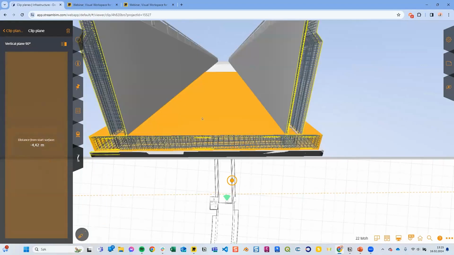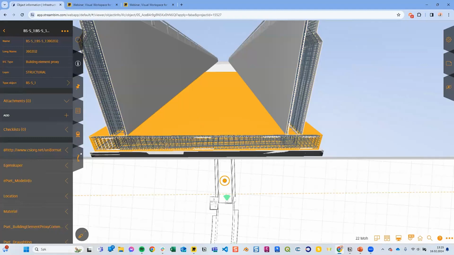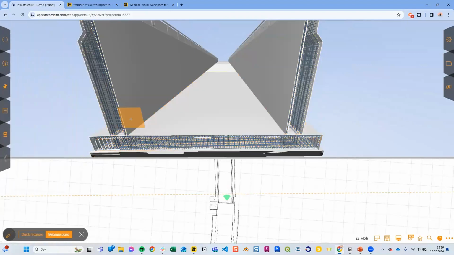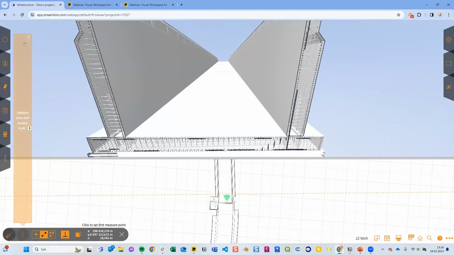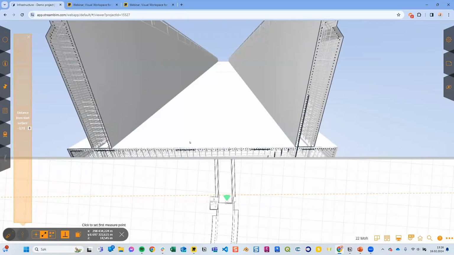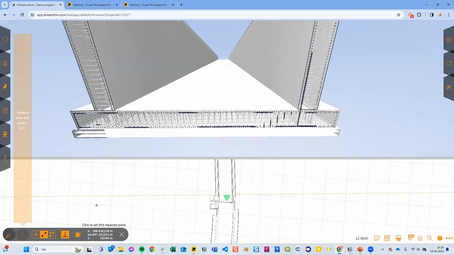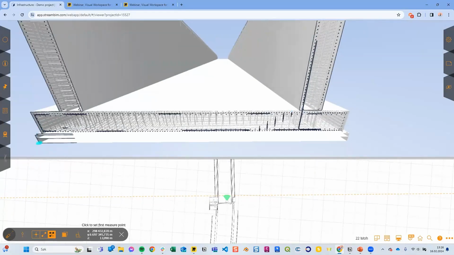Okay, I click on the wall there, and then on the wall over here, from here to here.